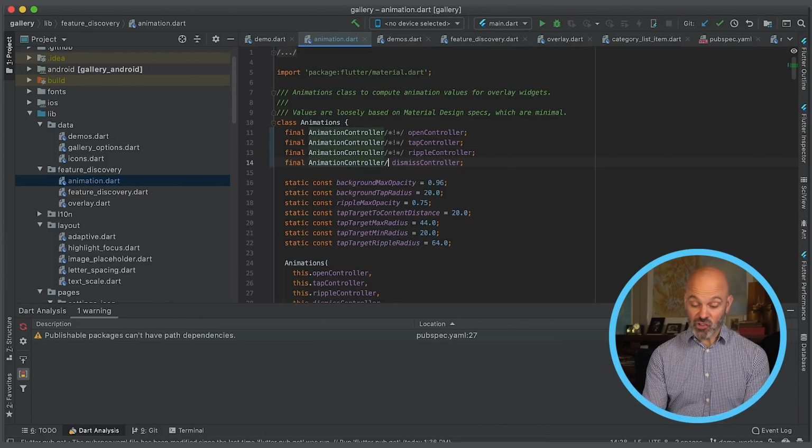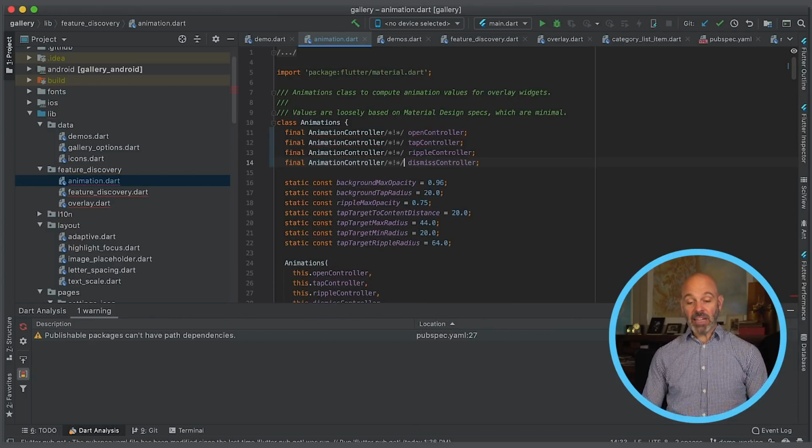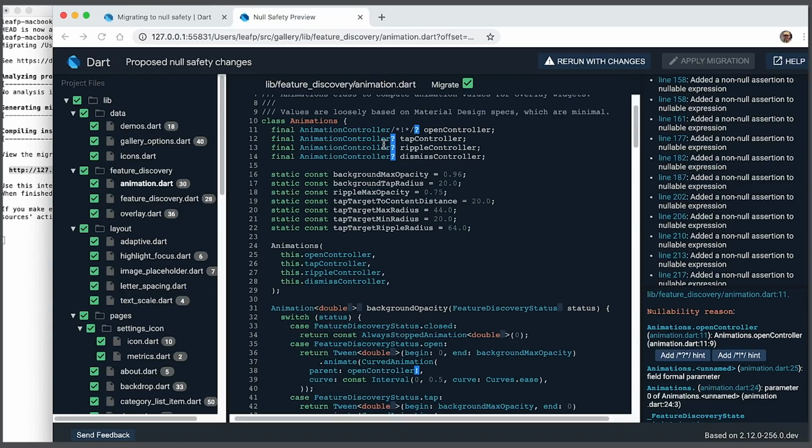If I wanted to, I could check this code into GitHub. I could spread out this migration over a long time period by just adding annotations and incrementally working on it. And all of these have no effect on the existing code, but they guide the migration tool to a better result.